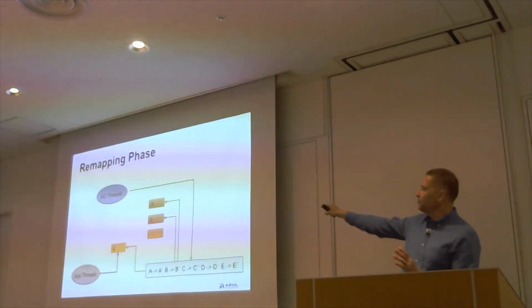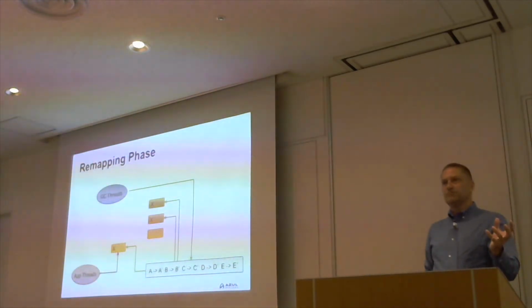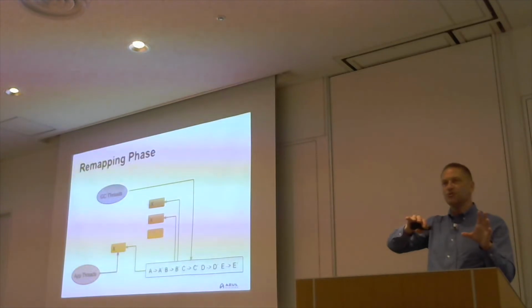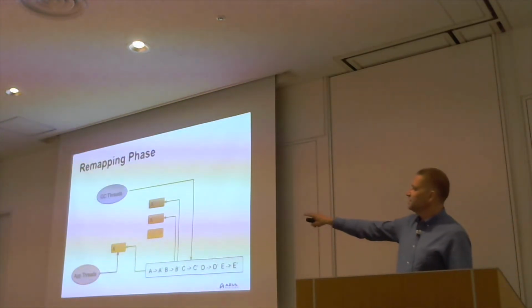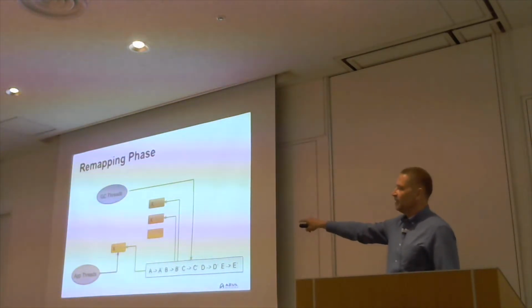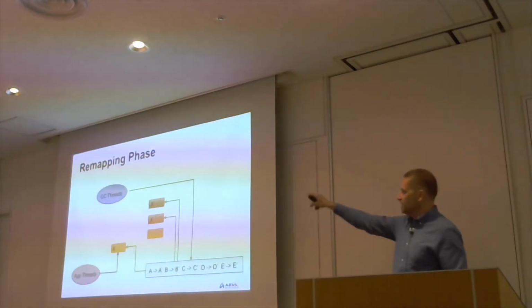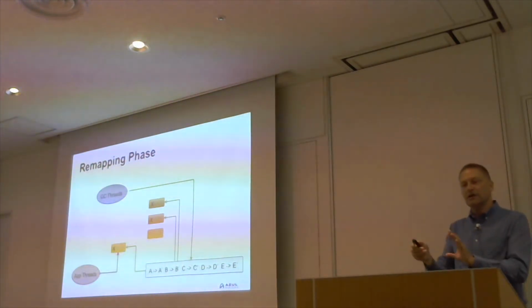That way, when you get the object reference in your application, you always get the right place. If it hasn't been relocated, you get the old address. If it has been relocated, you get the new address, and that's guaranteed. Because it's the application thread itself which actually does the remapping in the case of that object which hasn't been dealt with by the garbage collector. So that's how we can do it completely concurrently.